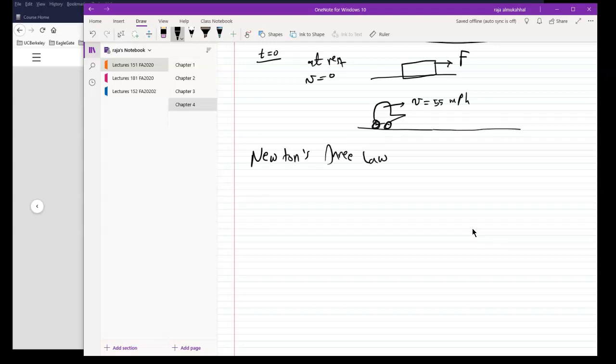Three laws of motion. I'm going to start with the first law. I'm going to do some writing here. I'm not a big fan of writing with the stylus pen, but I have to do it. So the first law,